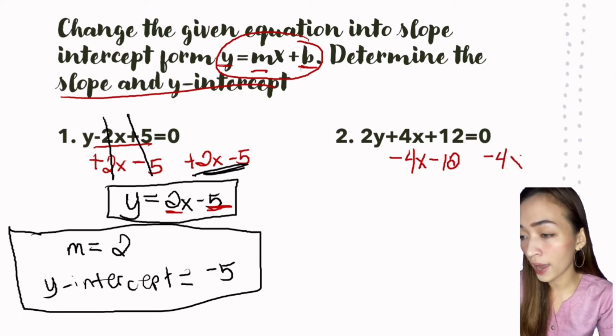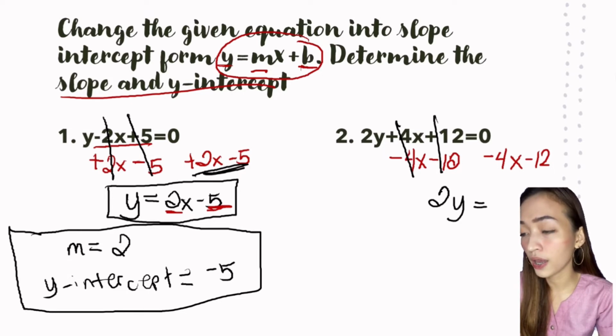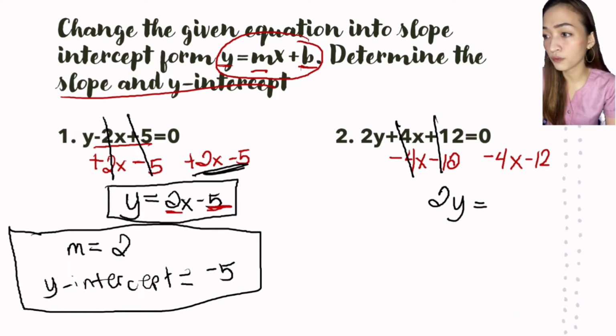Okay, 4x minus 12. Okay, so now, 4x plus negative 4x is 0. 12 plus negative 12 is also 0. So now we have here 2y, right, equals, okay, so 0 plus negative 4x minus 12 is negative 4x